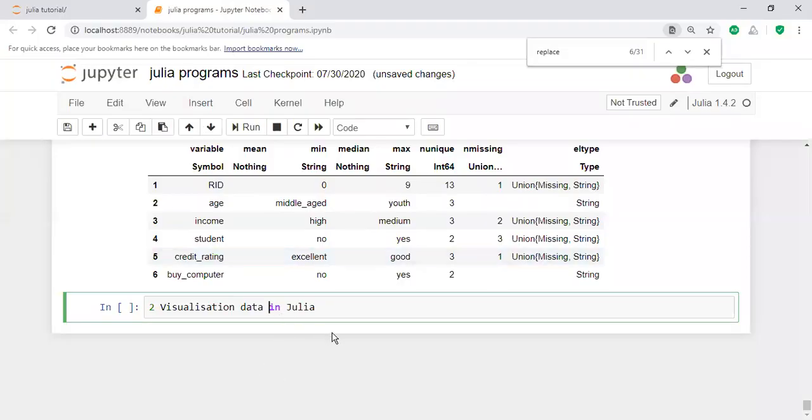Coming to the second point, visualizing the data. How can you visualize the data here? What is visualization of data? How can you visualize it? You will visualize the data by using plots, bar charts, and histograms. Like that, there are different ways of visualizing the data in Julia. The basic plots are there.